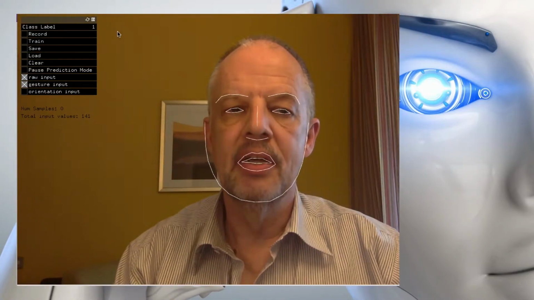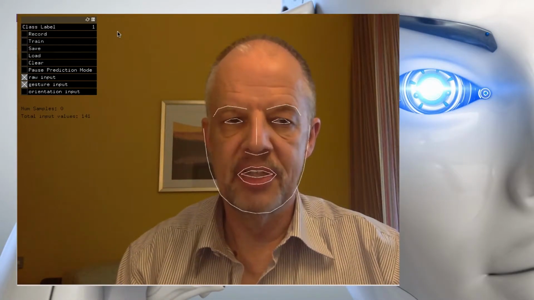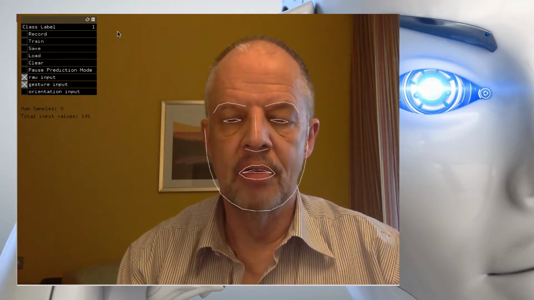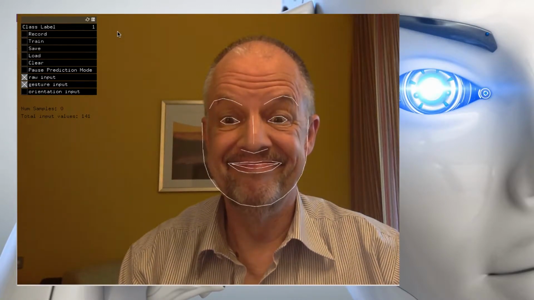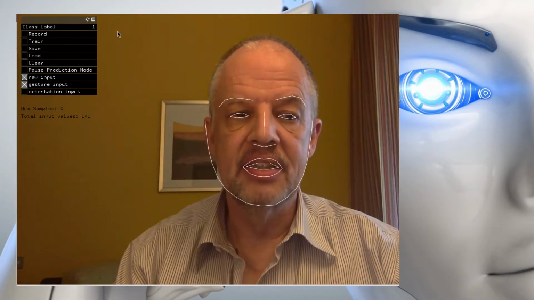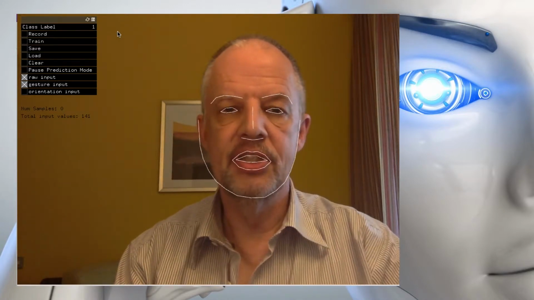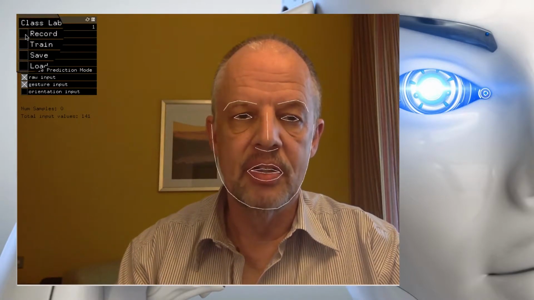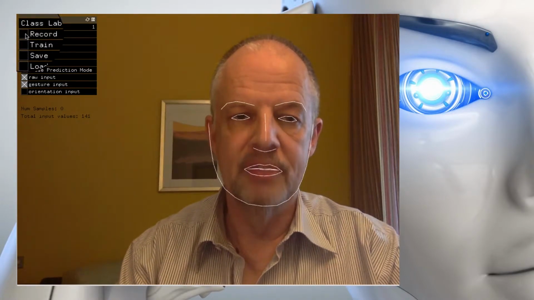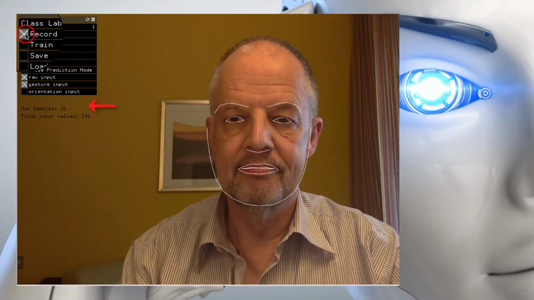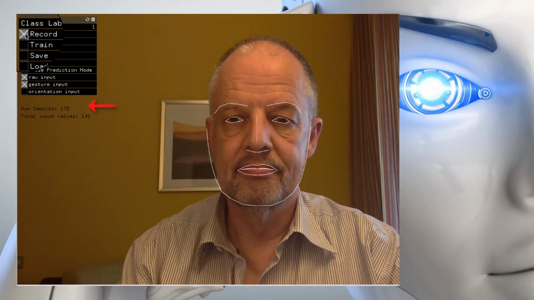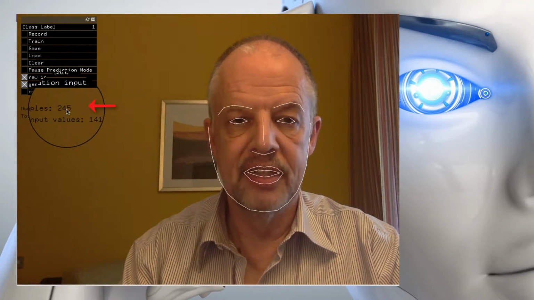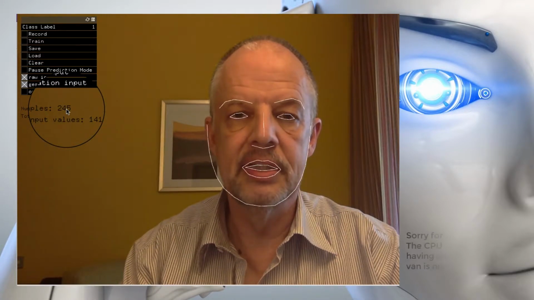I now want to train our app to recognize different face expressions, like a surprise face, or a happy face. And I start with providing a set of examples for each category. I start with category number 1 and record first some examples of a normal face expression. And I stop the recording and I have 245 samples now recorded for the first category.